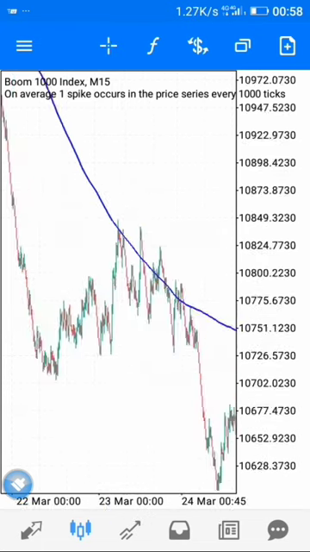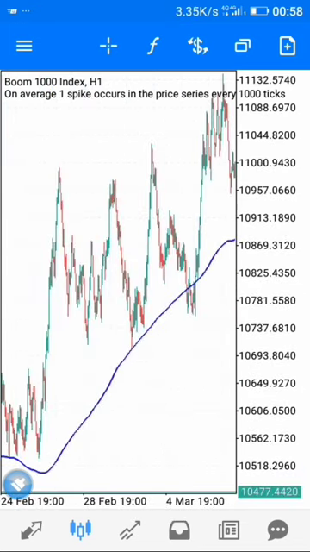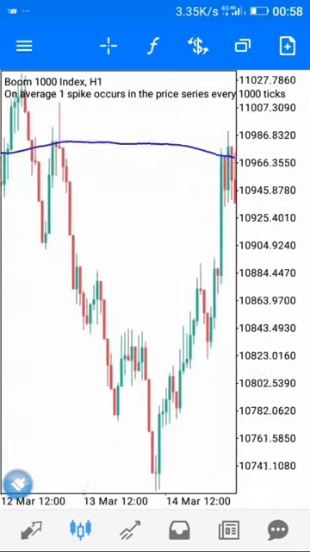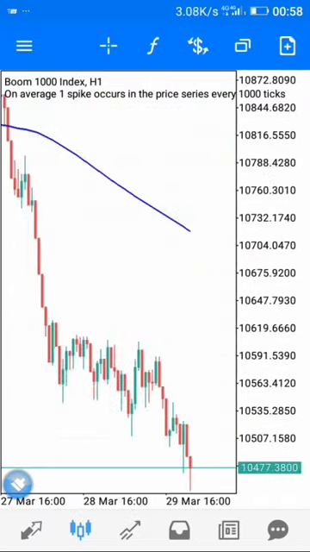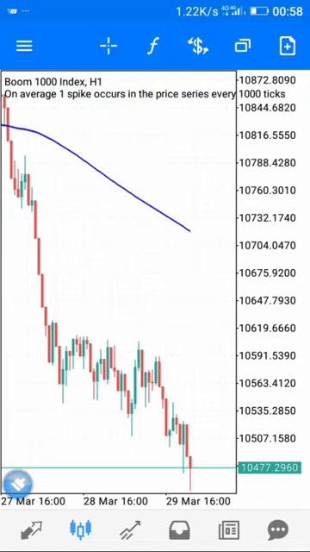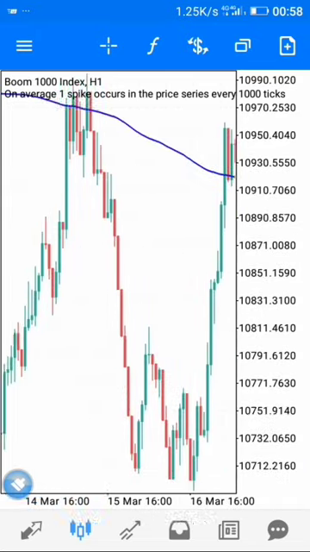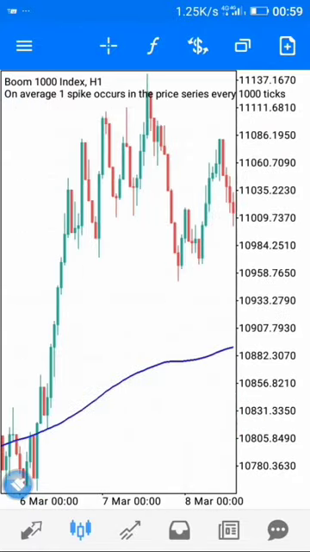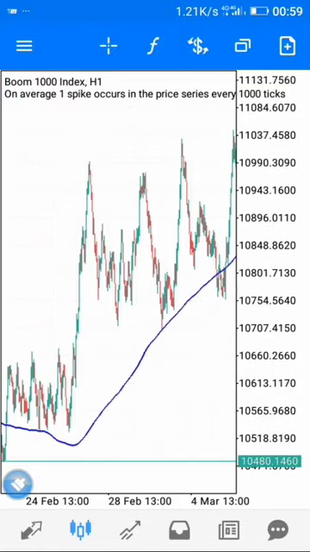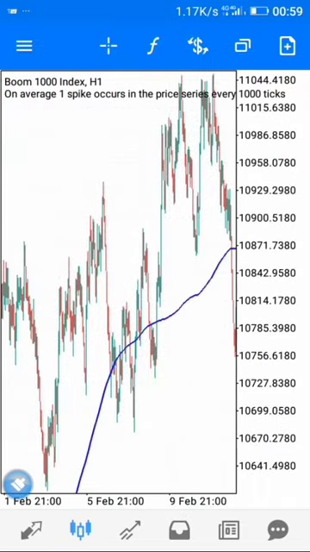Now let's go to a higher time frame. The same thing. Now let's zoom in, but you notice that this is not always obeyed. It's not always obeyed, but it is a very important indicator in determining the trend of the market. So what do you notice here? I want you to tell me in the comment section below what you notice here whenever the market is above the simple moving average and whenever it is below.